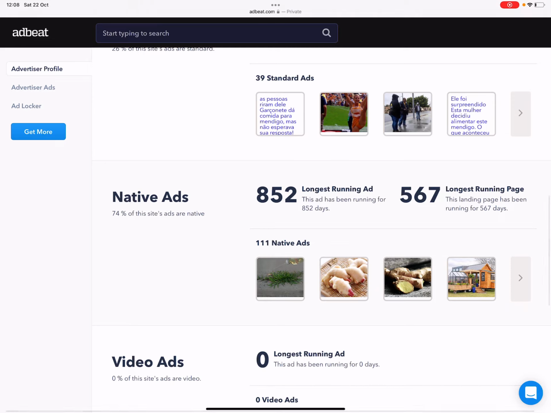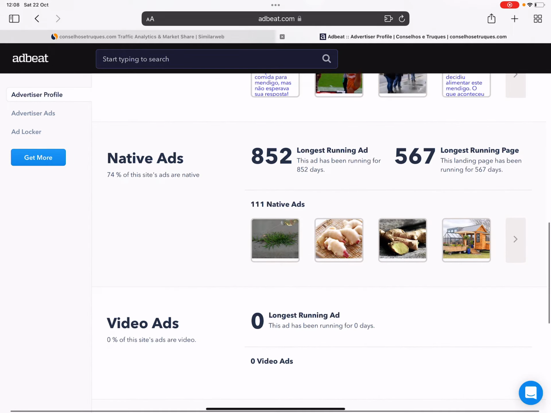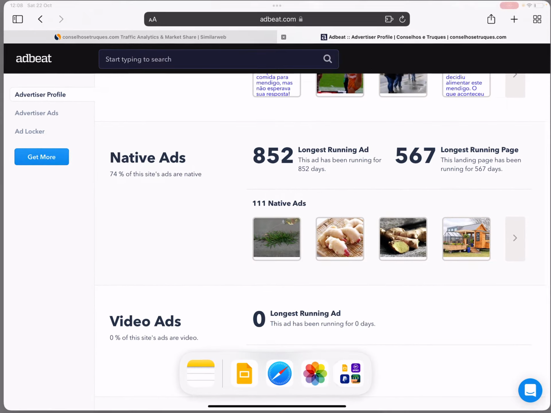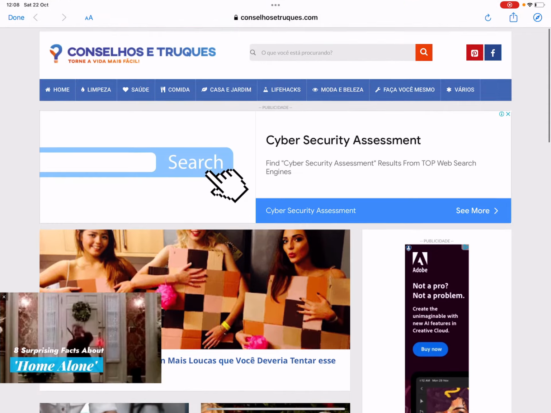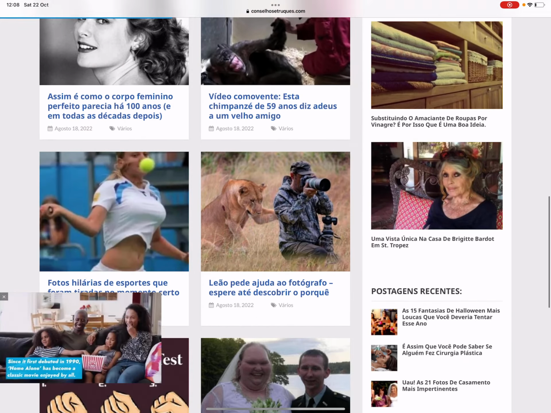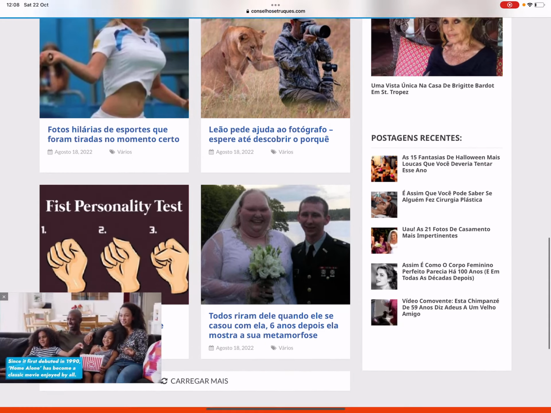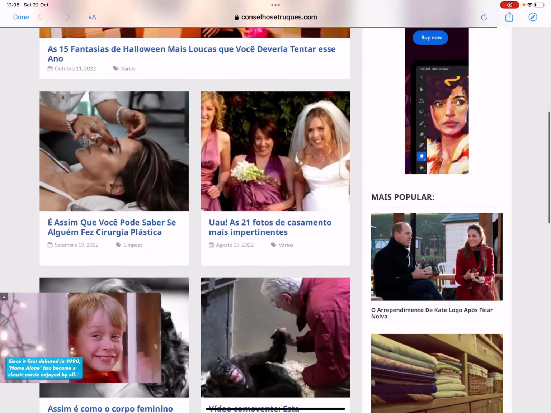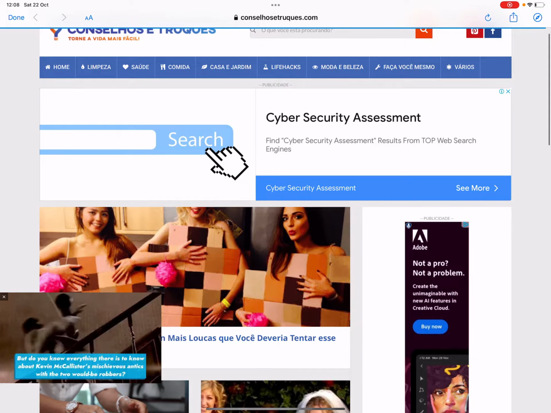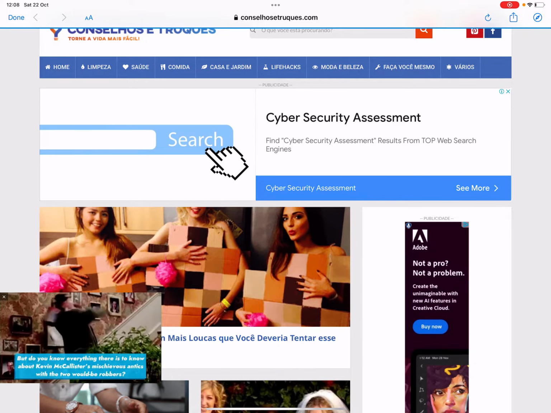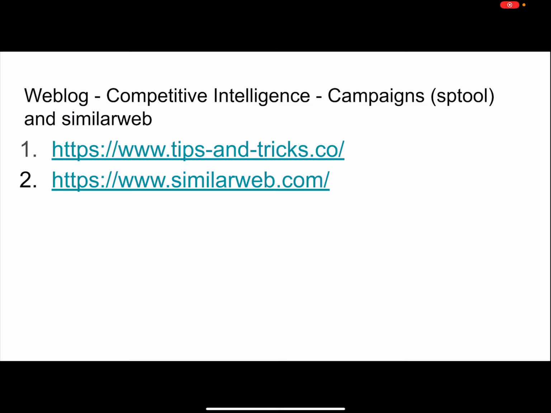You've got the ads here, the same idea, and it's all going to content pages. Let's take a look at some of these pages as well, and see how they're running them and what we can do. So let's take a look at the website. As you can see, it's just AdSense ads again on there. Sometimes they run an advanced strategy where they use other ad servers, but mostly it's from AdSense. Every time someone clicks on the ad, they make money and you'll make money as well.